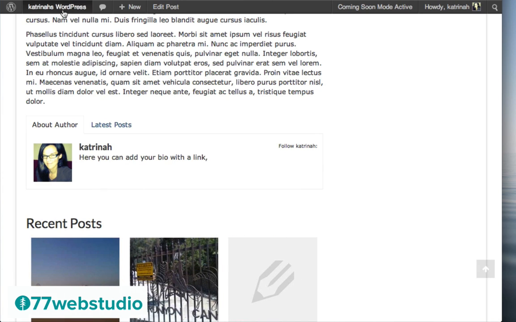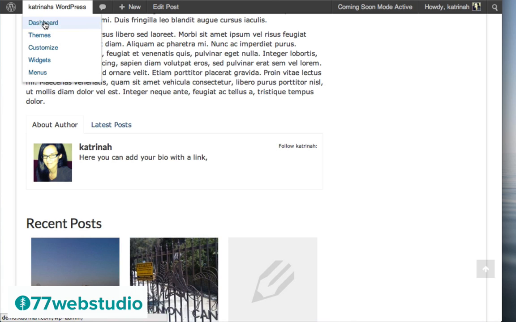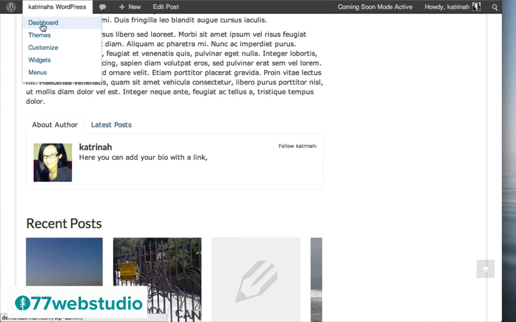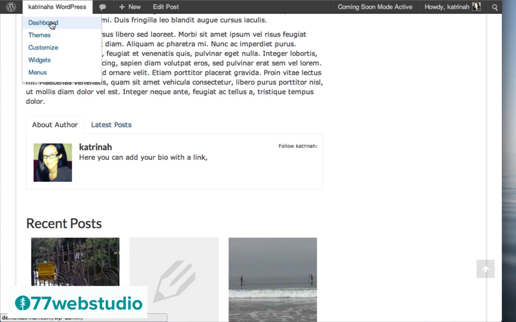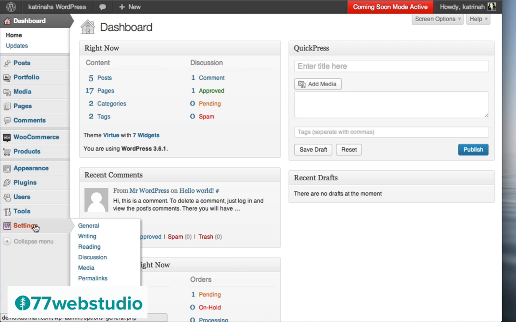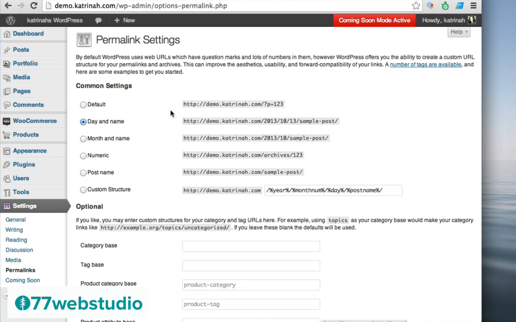Finally, last little tip for your WordPress website is making sure that your URL links are search engine friendly. So this is really important that you change your permalinks. To do that, I'm going to go to Dashboard, and then Settings, and you see there's a link here that says Permalinks. So go ahead and click on Permalinks. By default, permalinks are the web URLs that are featured in the browser field, as we can see right here. So this entire thing right here, this is the permalink.